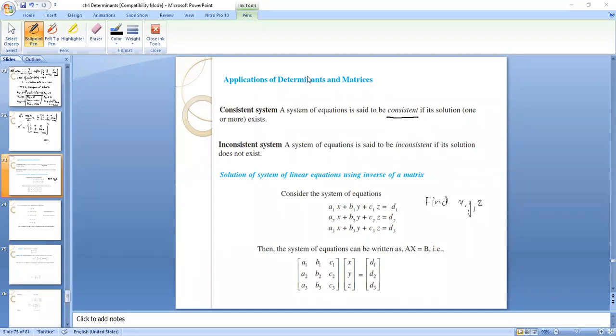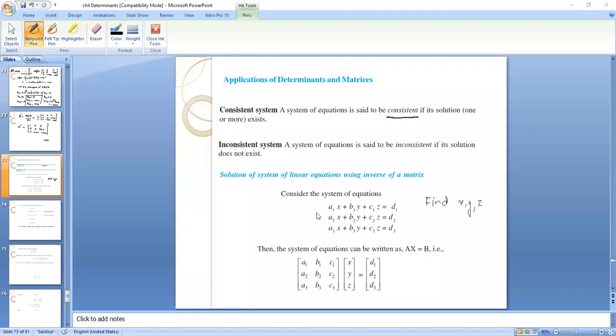Now in practical problems, we will make a set of equations first. After making equations, the next task will be writing the equations in the form of a matrix. So like we have written the three equations in matrix form, AX is equal to B. So the first matrix is A, the second is capital X, and the right hand side is B. How are we writing it?